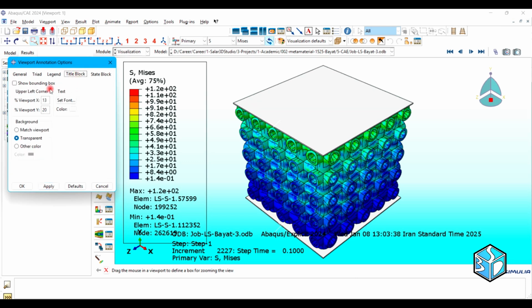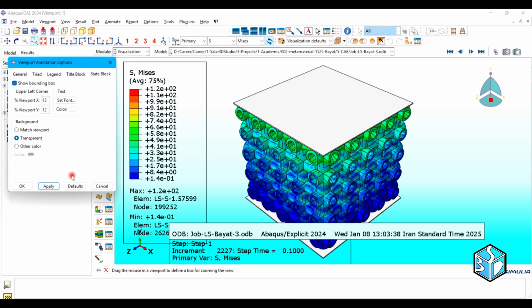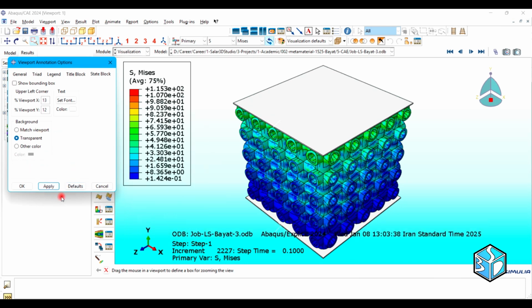Okay, title block, again, you could have a bounding box. You could change the background color and set the font. And again, for the state block, you could have a bounding box and change the background. Let's change to default. Okay,